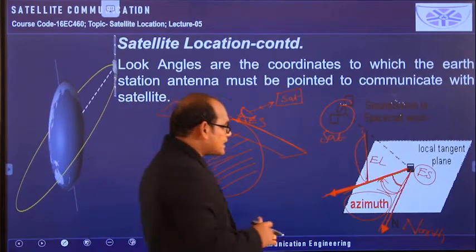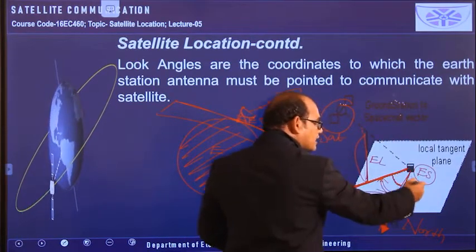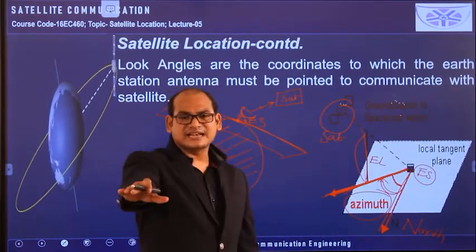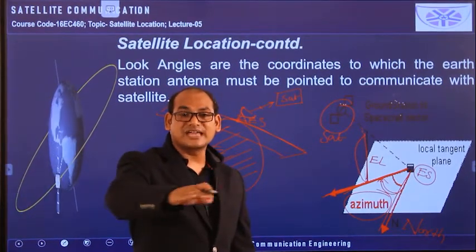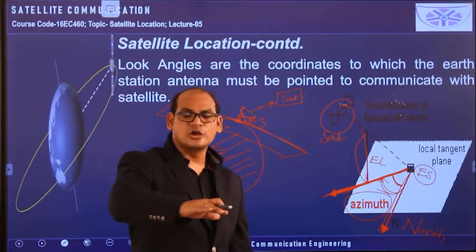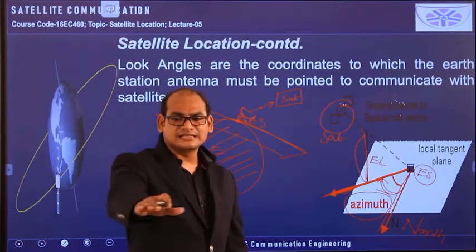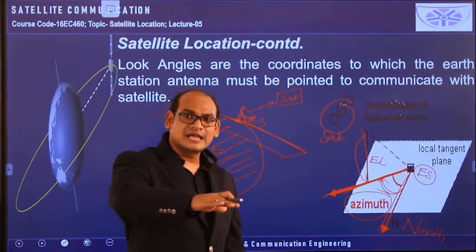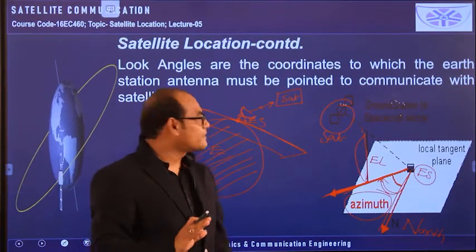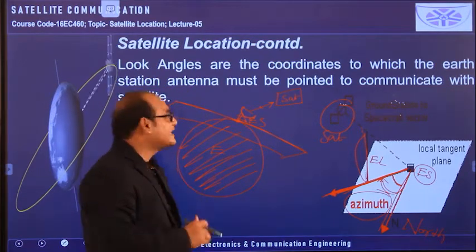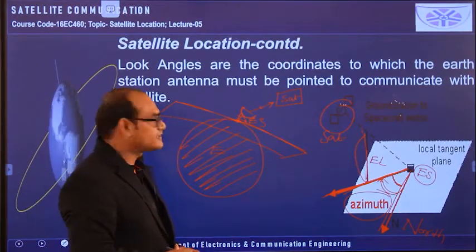Okay, and here if you observe, the azimuthal angle changes on the local horizontal plane only. So this is the local horizontal plane, and here the north side is there. By having the azimuthal angle, we travel on the local horizontal plane like this only. But we cannot move like this by the value of the azimuthal angle. So using this azimuthal angle, from the north side towards the east side, we have traveled this much angle. Then by having the value of the elevation angle, we can look towards the satellite. These two combined are called look angles. By having these two, we can keep our earth station antenna towards the satellite.